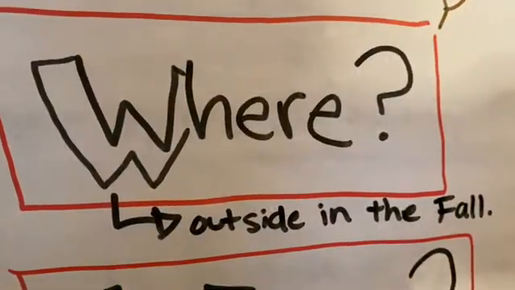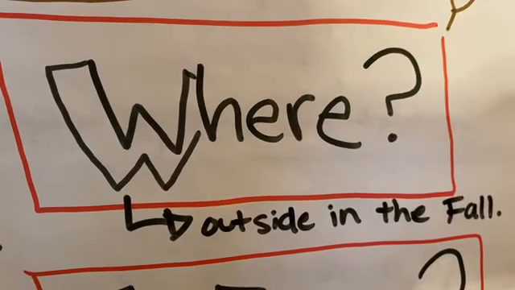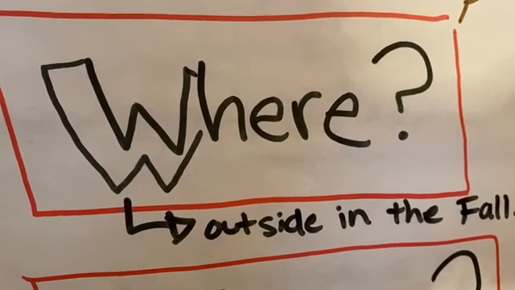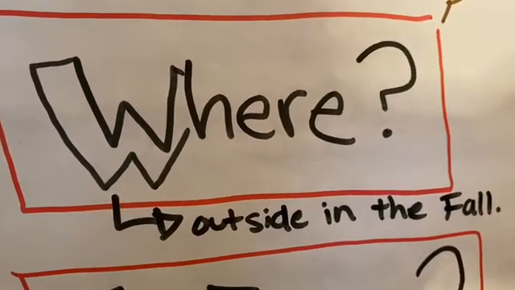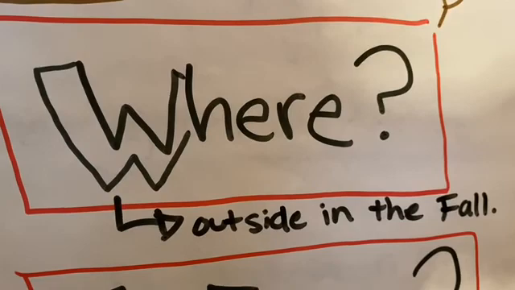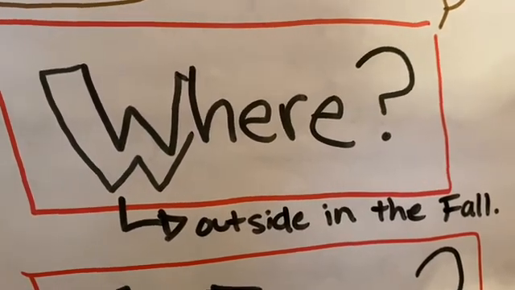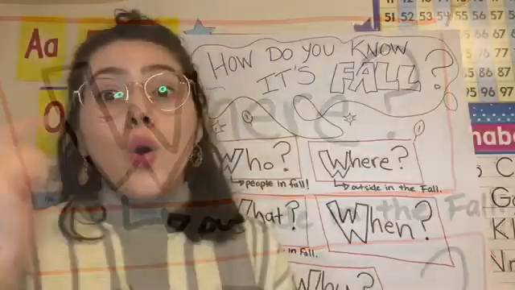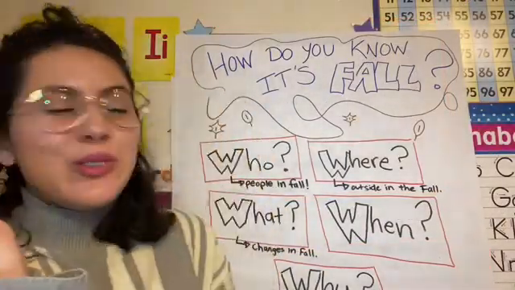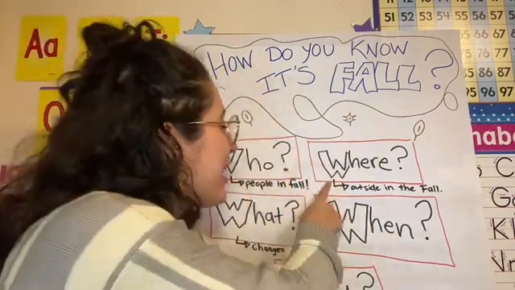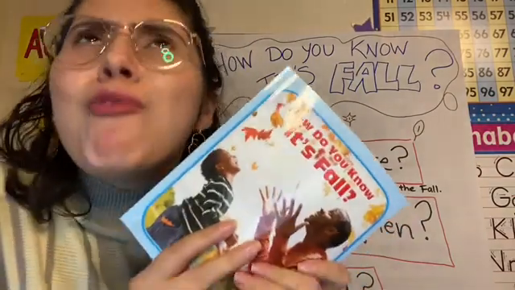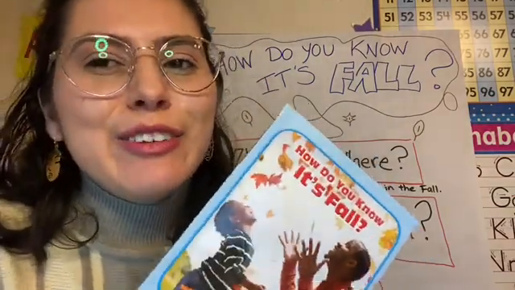So I'm gonna write that now. I wrote right here that we are outside in the fall because that's what we discussed as we looked back in our book. We saw that we had lots of different places in the book, but something they all had in common was that they were outside in the fall, and we were looking at those seasonal changes. Let's find out our next W. Great job so far, everyone. Okay, you told me who, you told me what, you told me where. Now we're gonna find out when. When does fall happen? Let's look back at a few pages right now.